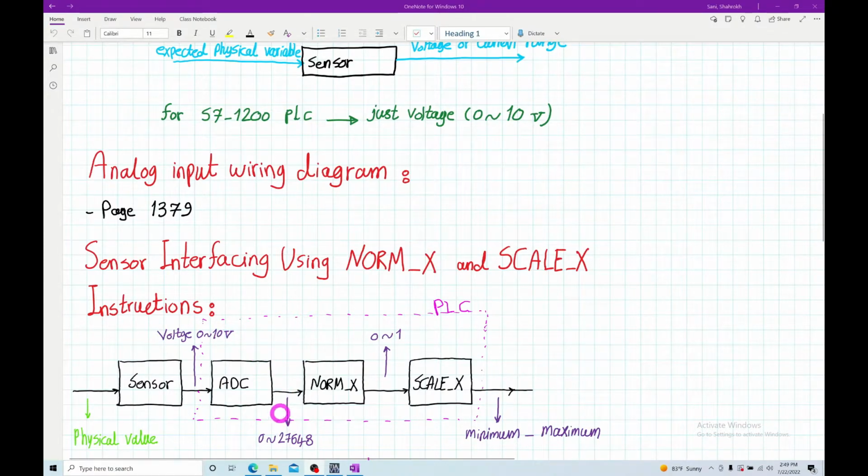It is exactly linear conversion. So that means it changed this range to this range that you have. Then the NORM_X instruction changes this range to normalize it, so that the output is between 0 and 1. Again, 0 is matched with this 0, which is matched to the 0 volt, and 1 is matched to this number, which is matched to the 10 volt that you have in the output of your